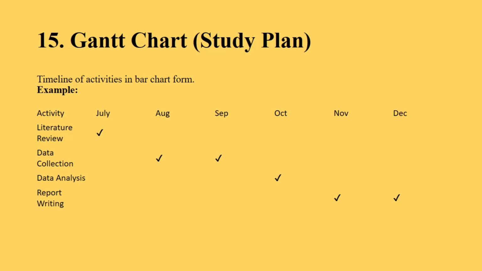Gantt chart is the last component of the research synopsis. A Gantt chart shows the activities on a timeline, with months mentioned in the columns and activities mentioned in the rows. For example, literature review activity completed in July, data collection will be completed in August and September, and data analysis will be completed in October. Finally, report writing will be completed in November and December